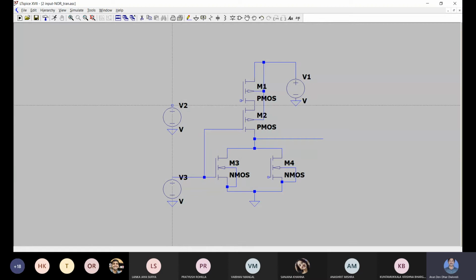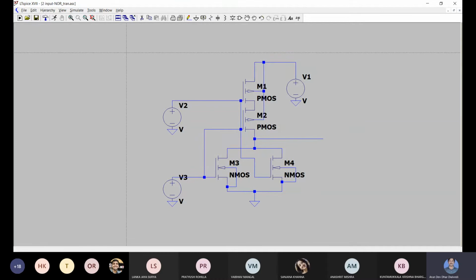One of the PMOS is getting input from that upper voltage source, and from this same voltage source we can take input and give it to the right side NMOS also.